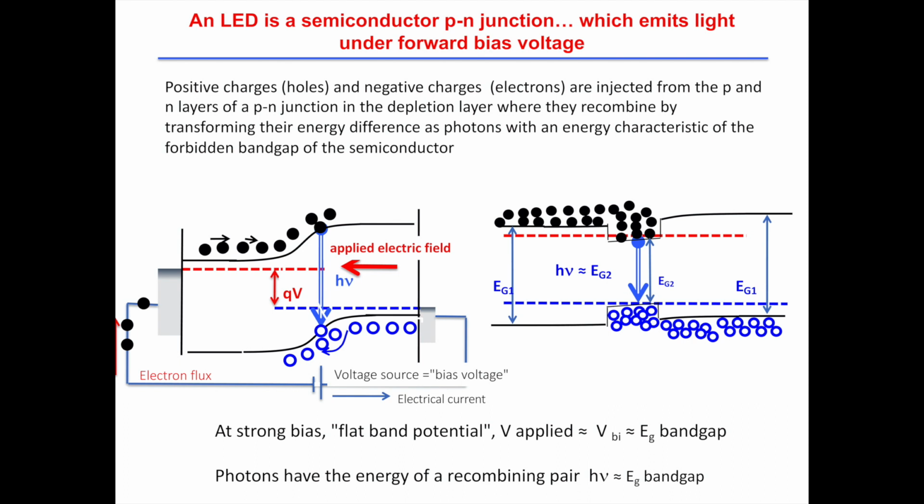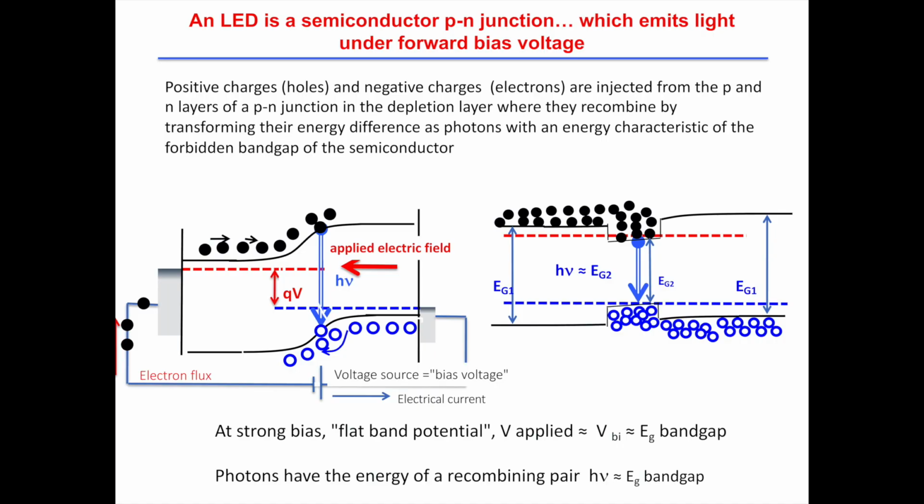And for instance, the main trick that we use is we make heterostructures. We don't use a homogeneous semiconductor material. We sandwich a piece of semiconductor with a smaller energy band gap between two regions with larger energy band gaps, so that electrons and holes will pile up in regions where energies are smaller, so they are more concentrated, and being more concentrated, electrons and holes will recombine more efficiently. So this is the heterostructure. We call that a semiconductor heterostructure.